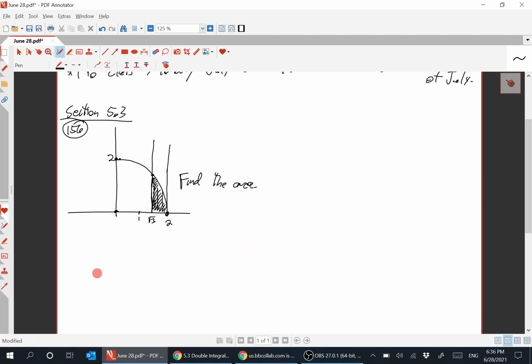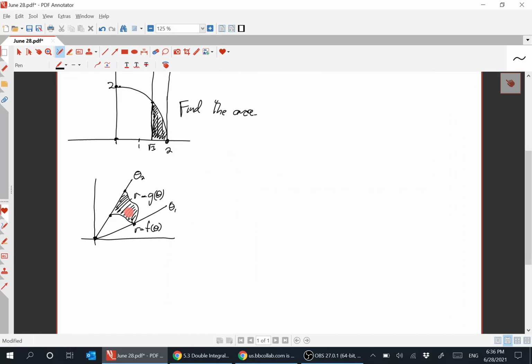we had this general description of polar type regions. So there's simple polar rectangles, but then there's also these kinds of things. So like here's angle theta 1, here's angle theta 2, and here is one function, r equals f of theta, and then another function here, r equals g of theta. And if you are in this region here, then this is described as